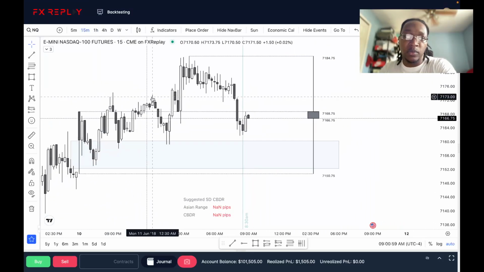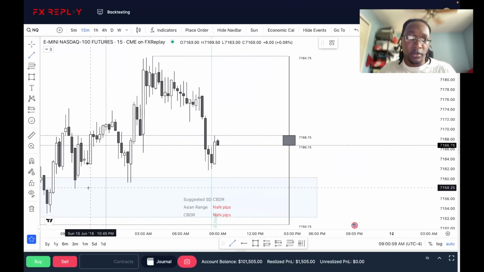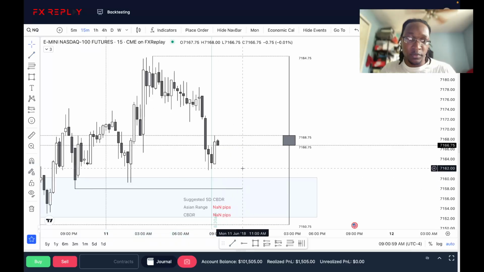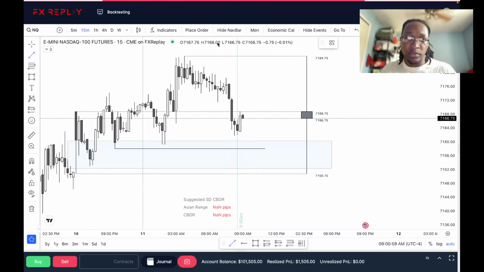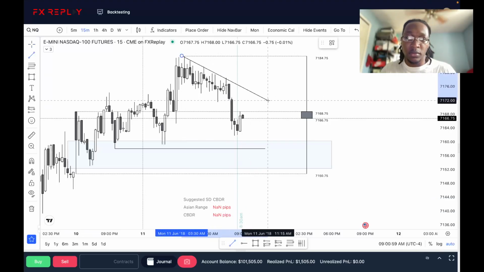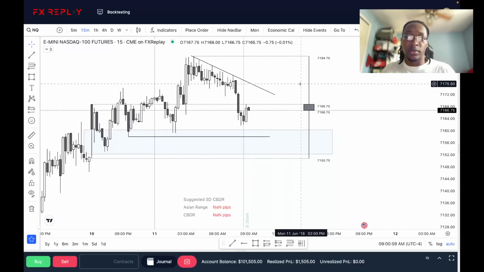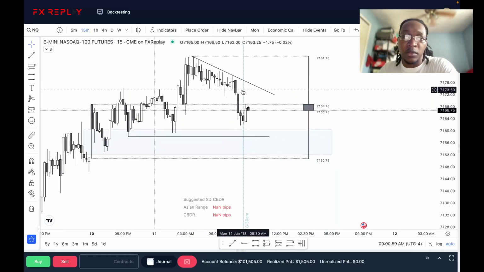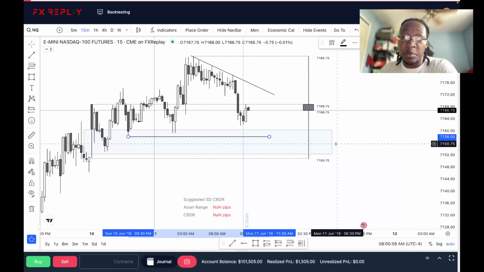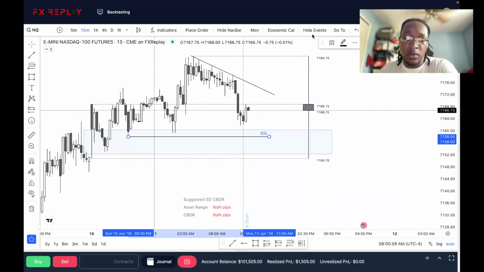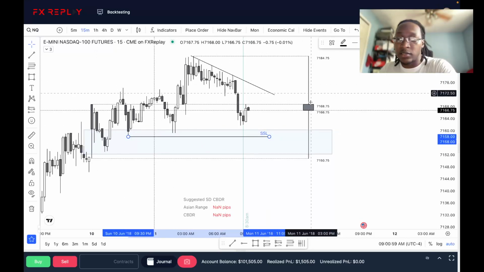On a 15-minute, we have relative equal lows in here that we can look at. And we have some trend line liquidity here that can get broken through. So let's see if we support or if we resist the daily open here and this 15-minute SIBI, we can push down into sell side on the Sunday opening gap and then push higher. Or we can fully fill in this inefficiency and push higher for buy side, generating sell side, and then we